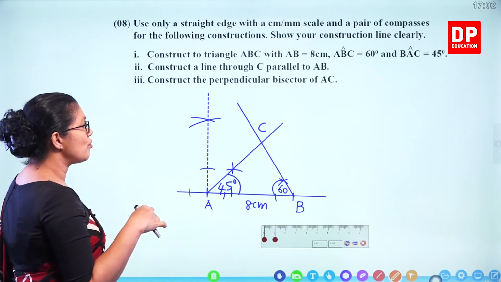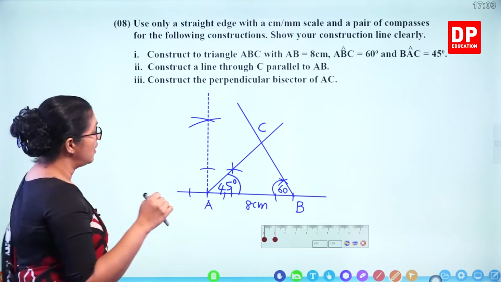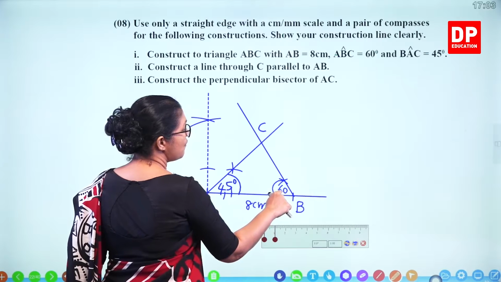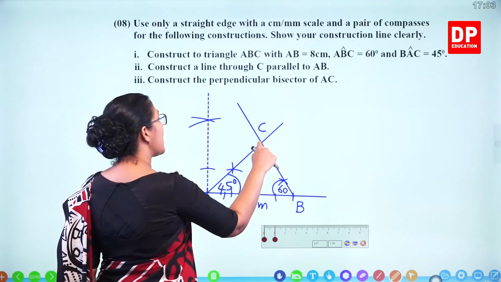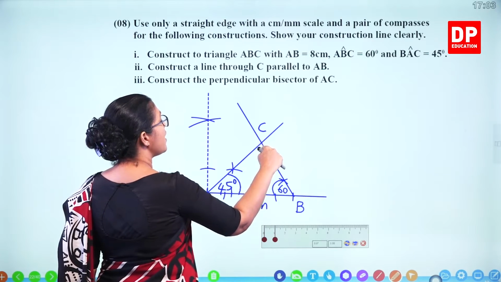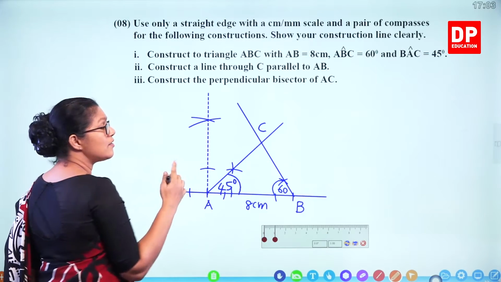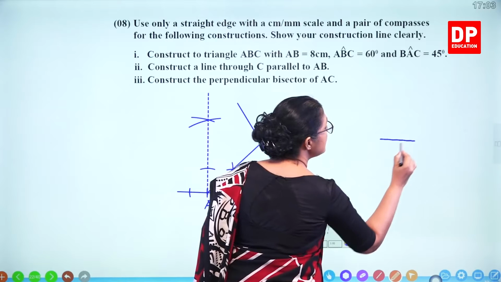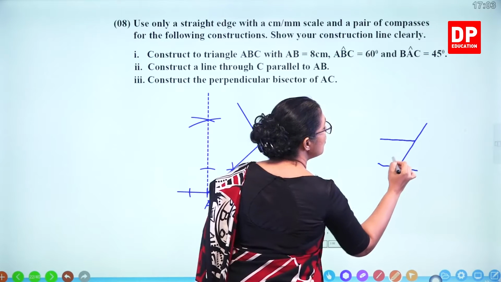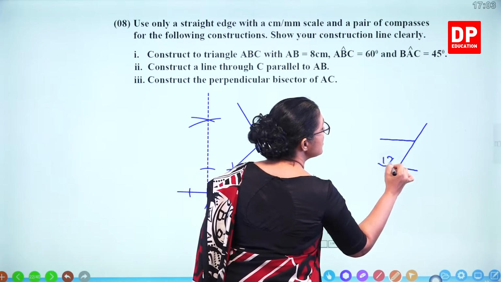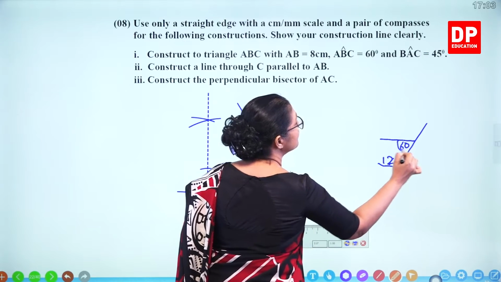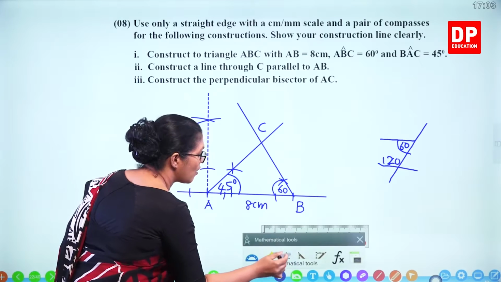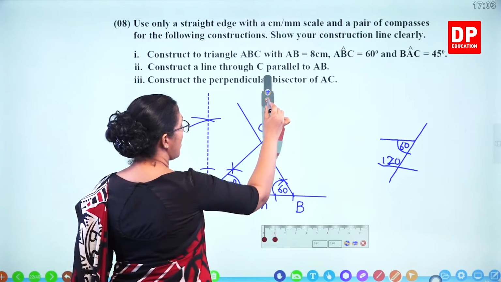So we can use this method. If this is 60, if we can create a 120 degree angle, that adds up to 180. Allied angles add up to 180: 120 with 60, that's 180. So we'll do that. We can take the compass and construct